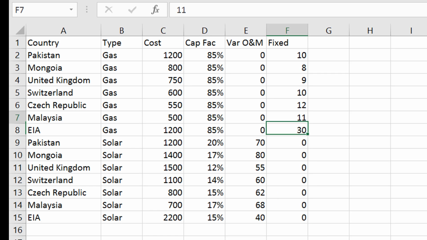Now, in the real one, I did this with a bunch of match index and all that. So maybe we just want to graph the EIA data and compare that. Maybe we want to make a graph of only solar or gas, and maybe we want to make a graph just of individual countries. So I just want to compare Pakistan,